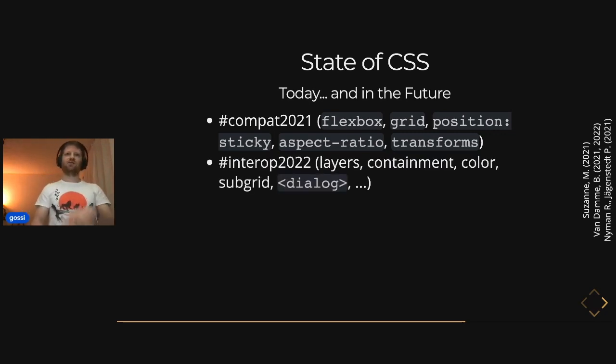The next, because that was actually a good thing, they continued for this year and call out the Interop 2022, in which they focus on layers, containment, some color-related functions, subgrid, dialog, and actually a couple more things. So these things are coming, and it's looking like a very rosy future for CSS,